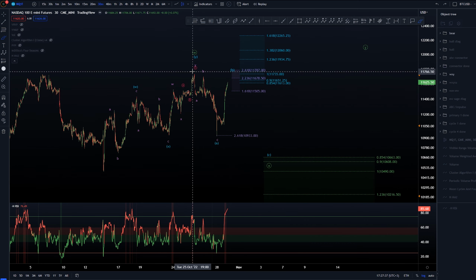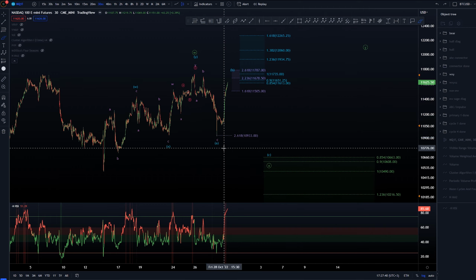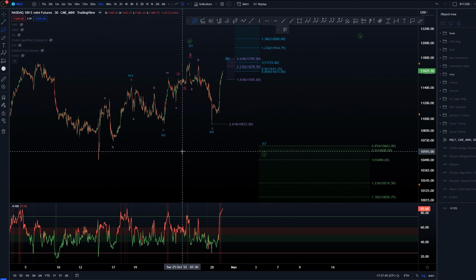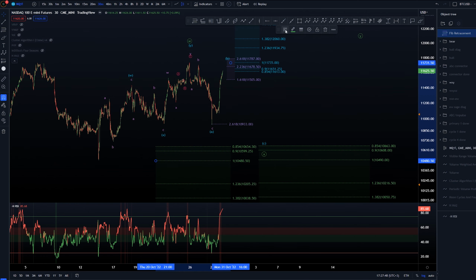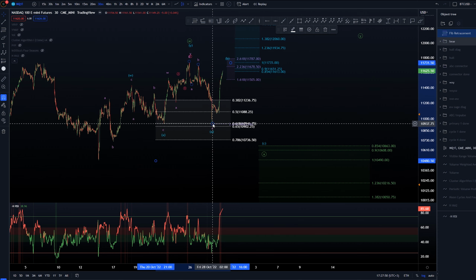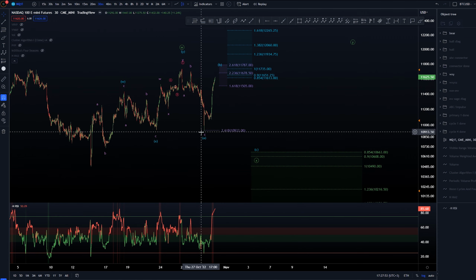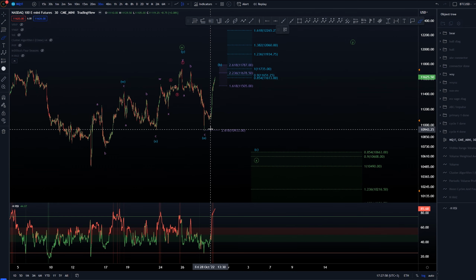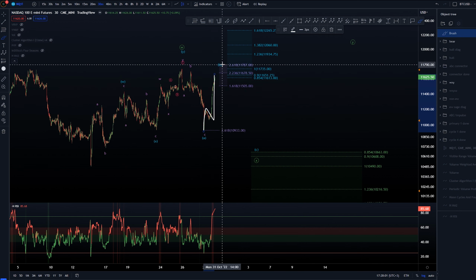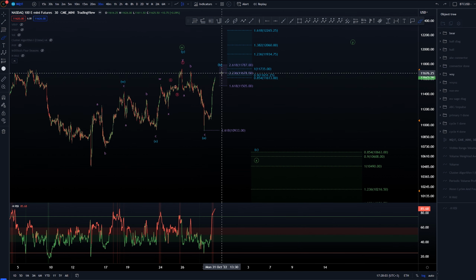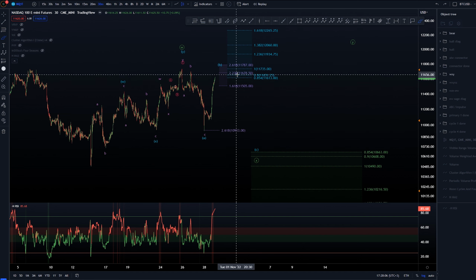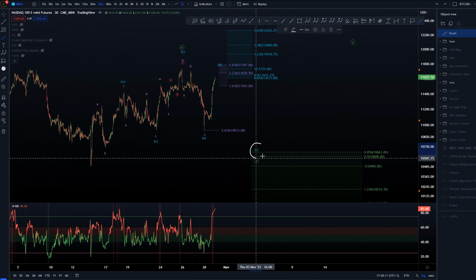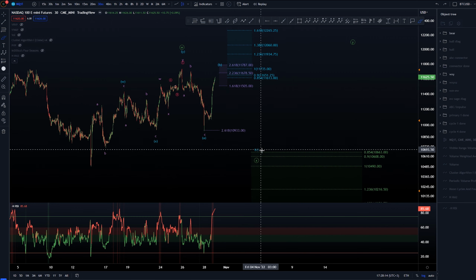Thinking that we could be done here is also a possibility for that X wave. However, again, in time it is very small. Sure, we did retrace quite a bit already, right to the golden pocket here, but just because it is very small in time, I do feel like we might want to have this as an alternate scenario in which we would have this as a three-wave structure for that B wave, just to give a different view than the bullish view that we had. And then we would have that five-wave structure in here coming down for that C wave, depending of course how